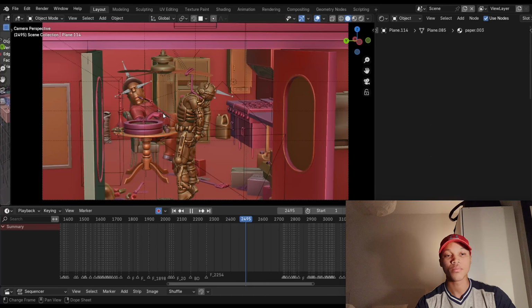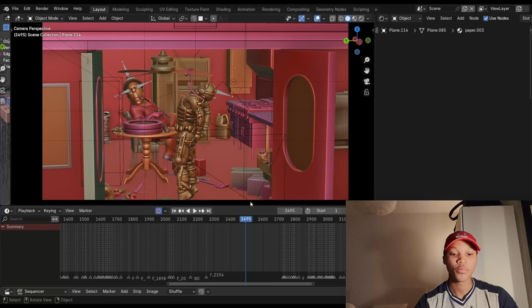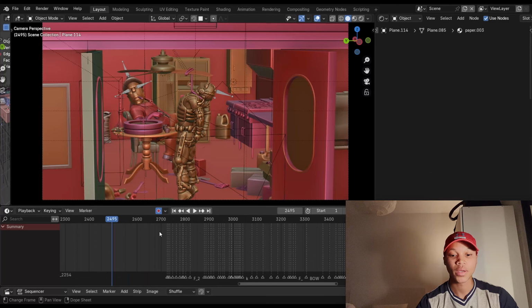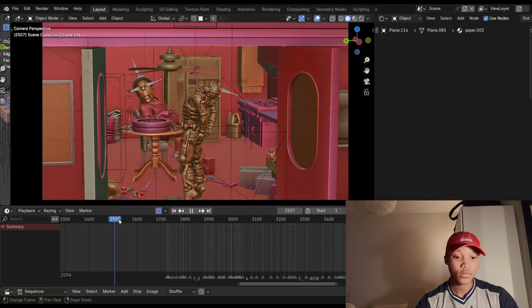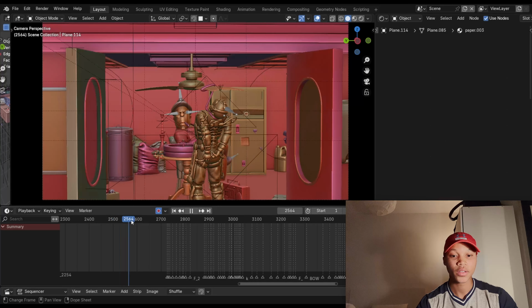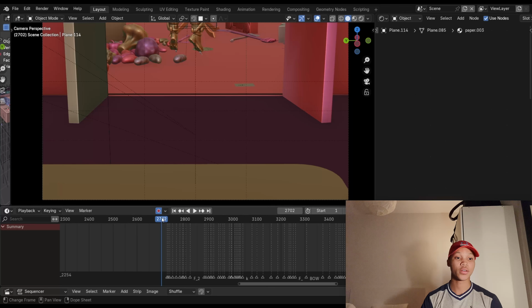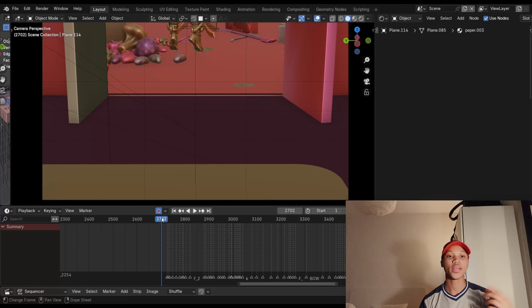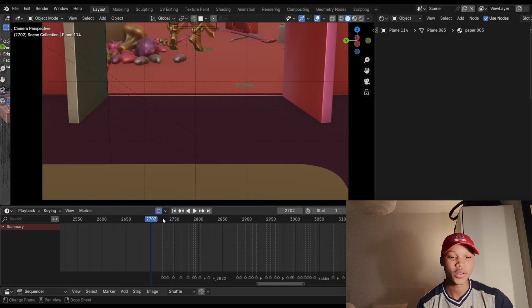Both of these models are from Mixamo. Mixamo is also a pretty good website with pre-made animations. Really good if you want a character and you don't want to animate it yourself. Because fun fact, I don't really know how to animate characters. Character animation is not my thing, let me tell you. So that's why I kind of avoid it. Not avoid it, but I don't do it with a passion.